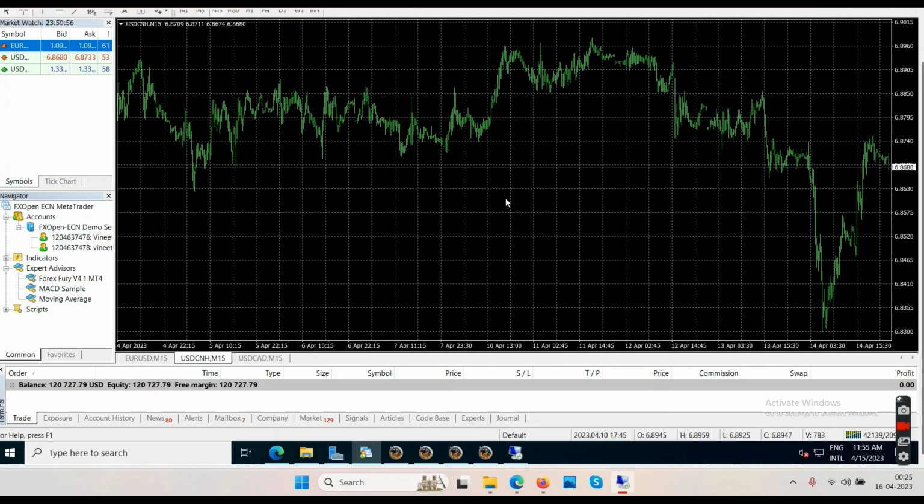So the concept is that you buy currency at low price and you sell when the price goes up. So buy low, sell high. Now we will not be doing any of this manually because we will be using a software, and that software will be doing all this buying and selling automatically on our behalf, and we will be just making profits.